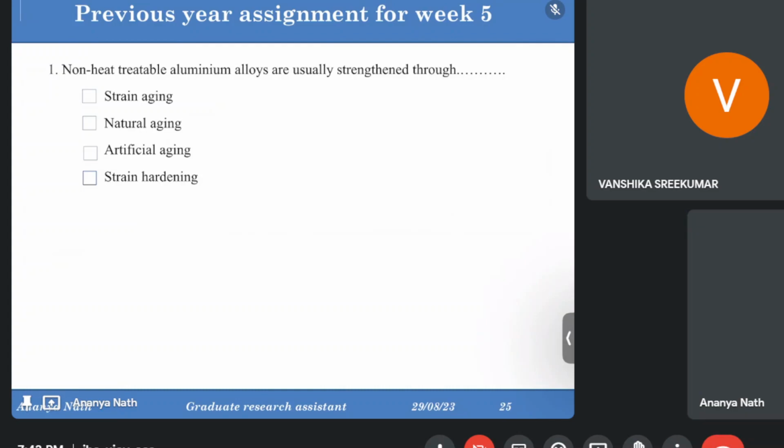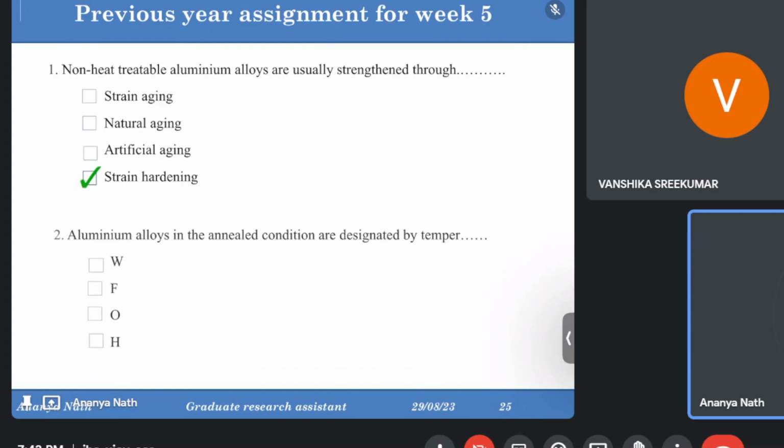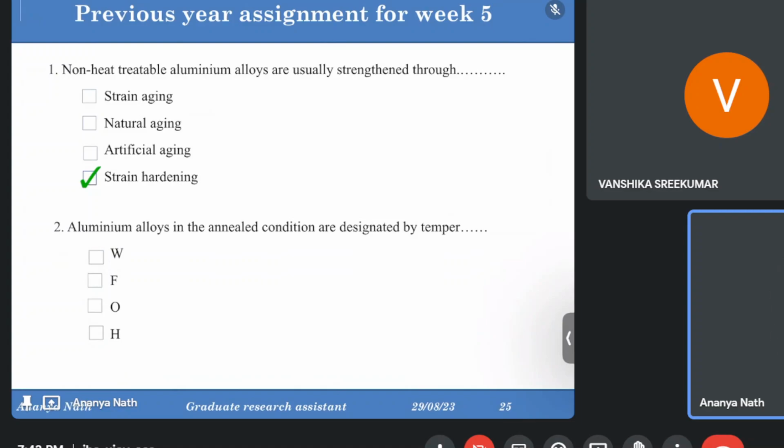Answer is strain hardening. Yes, because the aging cannot take place in the non-heat treatable alloy, because aging is a kind of heat treatment, right? So yes, strain hardening. Next is aluminum alloys in the annealed condition are designated by temper. The temper nomenclature, O, has already been discussed. Okay, so the next is